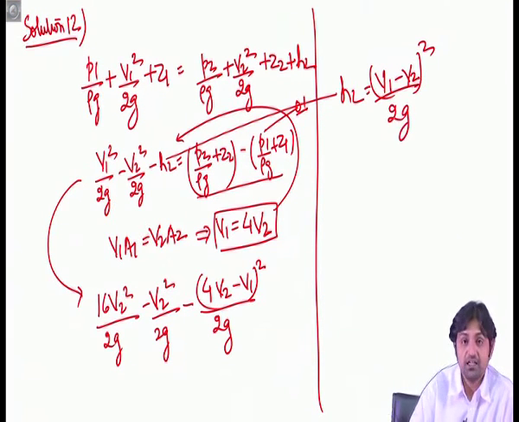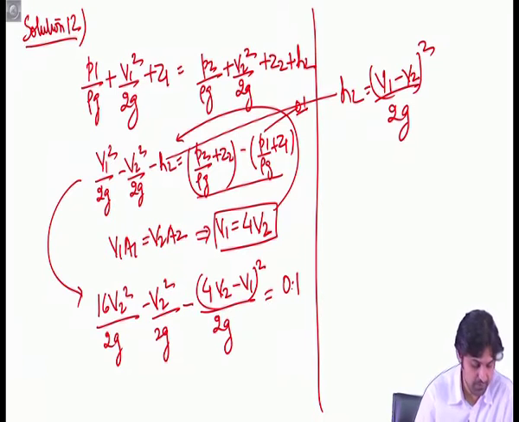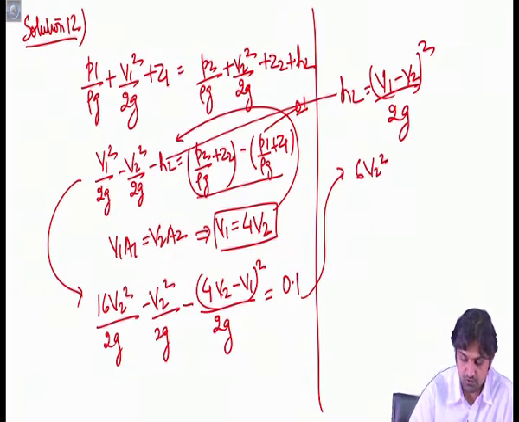If you remember the minor loss formula, is equal to 0.1. And if you solve this equation, you are going to get 6 V2 square by 2g is equal to 0.1, which will give V2 as 0.57 meters per second,